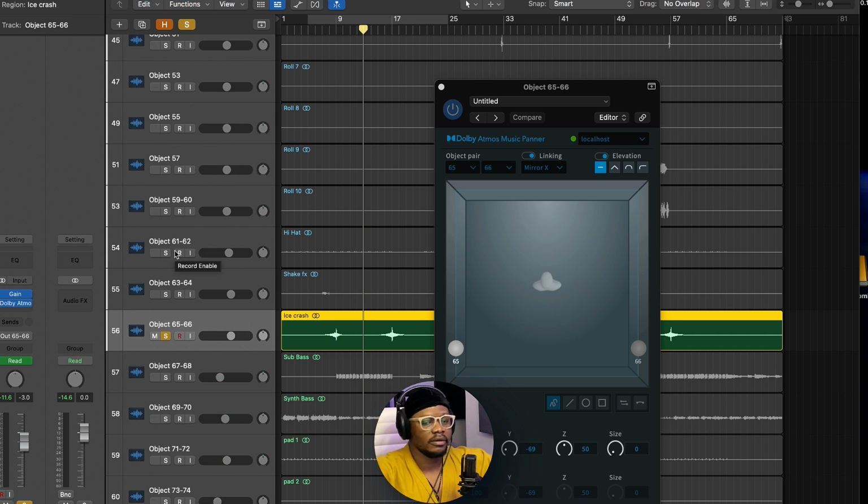Sometimes I will let it start from the front channels, automate it to rise to the height channels and also go back. Or sometimes I'll let it rise from the center of the room to the height channels, just to create a sense of something rising. That's another way I like to interpret sound. I like to interpret them based on what their natural movement is like, or how they expect it to sound. You expect a riser to kind of rise, so it just makes sense to make a riser rise in the